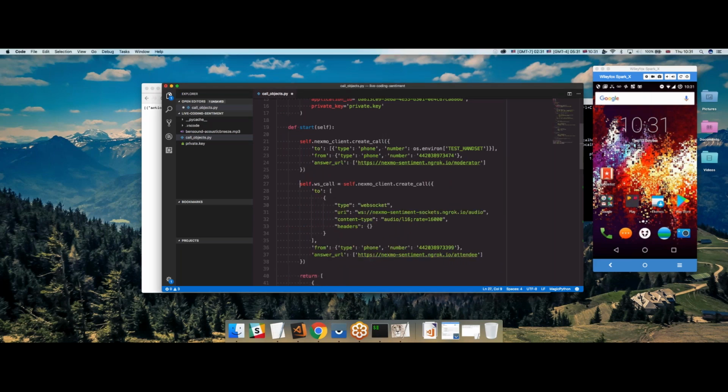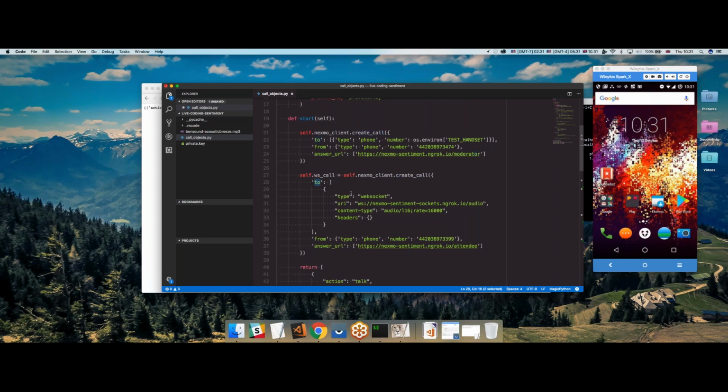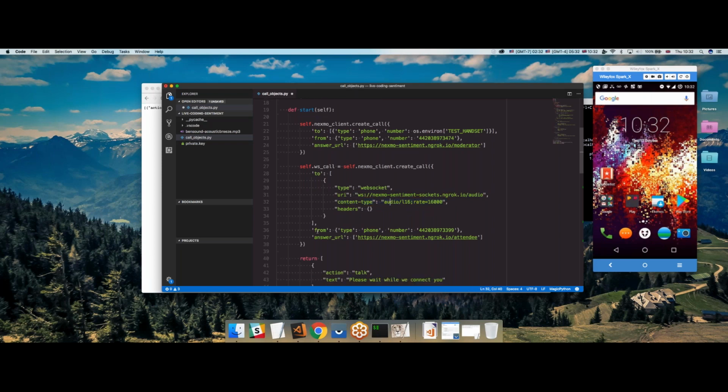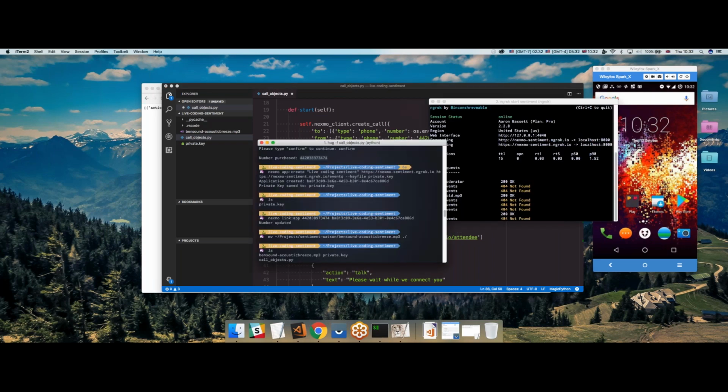So our WebSocket call is just another create call on the Nexmo client, but our to is slightly different this time. Before, our type was just phone, now our type is WebSocket. We have this WebSocket URL, which is another ngrok URL, which I will set up in just a moment. You can see me doing that next. We're setting the content type as this audio stream, and then we're going to put our from number. So let's change that to the LVN that we've just purchased,